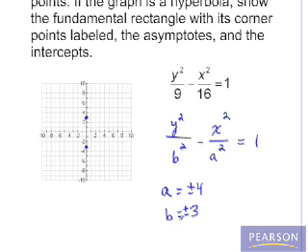Now we'll take these values and come up with all four corner points of our fundamental rectangle. So again, a would be the x-coordinate, b would be the y-coordinate. We're going to have (4, 3), and this point was (0, 3), this point (0, negative 3). Back to the corner points, we used (4, 3). We'll have positive 4, negative 3,